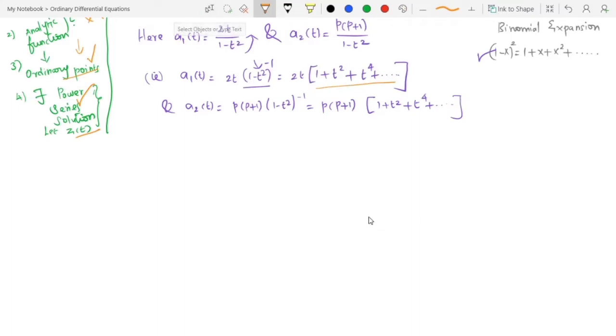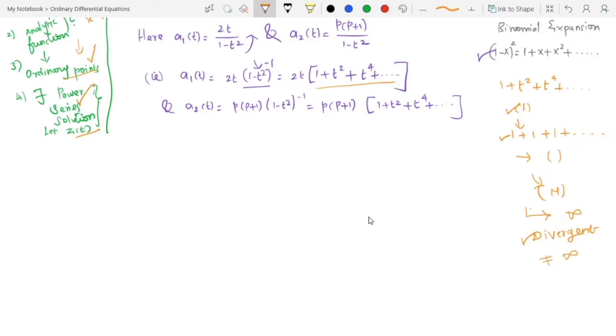Look at the infinite series 1 plus t squared plus t power 4 plus and so on. If we replace t by 1, what happens? 1 plus 1 squared plus 1 power 4 plus and so on. So we have infinitely many ones. While adding, we get a large number. Not only for 1, if we apply values greater than 1, we get the same large number. That means the sum of the series tends to a very big value, that is infinite. That is divergent. But for analyticity, we need a non-infinite value.